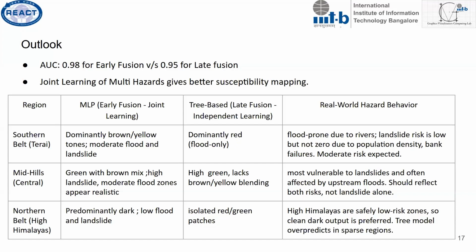When we go to the middle and the southern region, it is having more of a mixture of yellow, dark yellow, and orange colors, which indicates that floods and landslides both co-occur in the southernmost region of Nepal, and the mid hills are more prone to landslides, and some patches have shown occurrences of both, and flood alone.